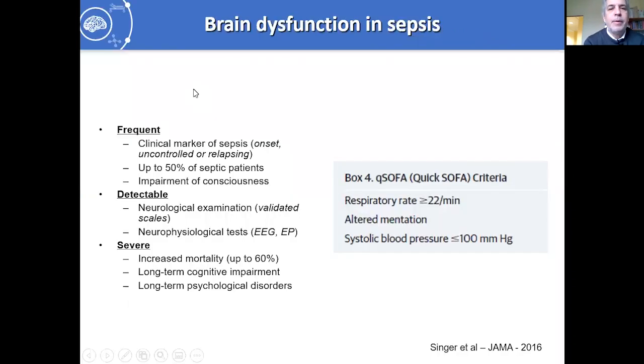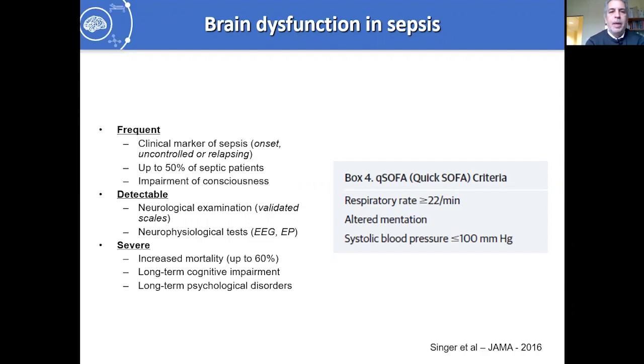Brain dysfunction is very frequent in septic patients. It can occur in up to 50% of cases. It is a clinical marker of onset of sepsis, uncontrolled sepsis, or relapsing sepsis. It is characterized by an impairment of consciousness ranging from delirium to coma. Therefore, it can be detected clinically using appropriate scales such as CAM-ICU for delirium or Glasgow Coma Scale or